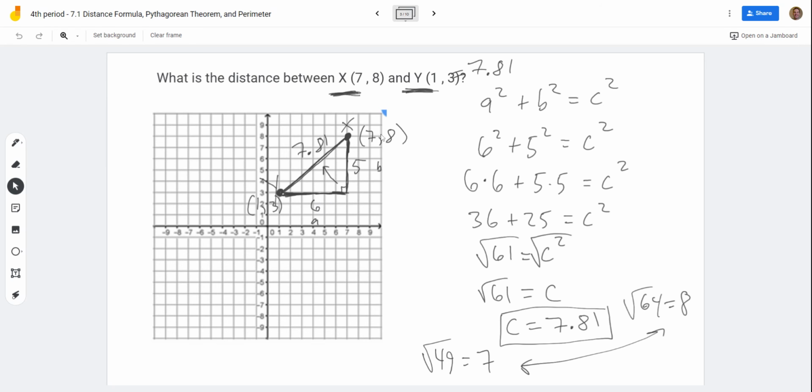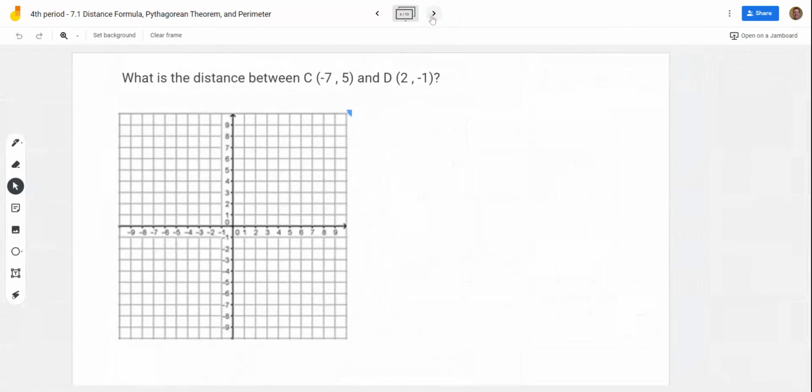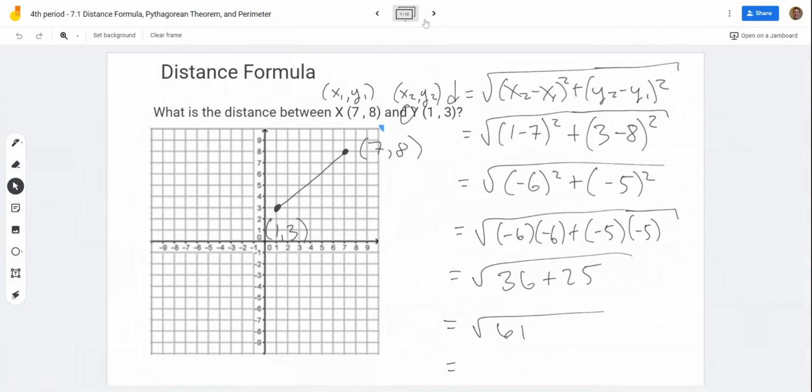So when we subtracted 7 and 1, we got 6. And when we subtracted 8 and 3, we got 5. So that's all the distance formula is doing. It's doing the same exact thing as the Pythagorean theorem. And so I think a lot of people prefer doing the Pythagorean theorem over the distance formula, because who likes to memorize a formula? I don't like to memorize formulas. So my personal choice is to draw that triangle and use the Pythagorean theorem